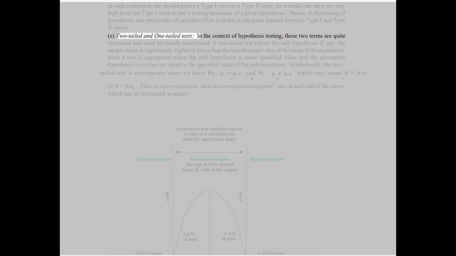E. Two-tailed and one-tailed tests. In the context of hypothesis testing, these two terms are quite important and must be clearly understood. A two-tailed test rejects the null hypothesis if, say, the sample mean is significantly higher or lower than the hypothesized value of the mean of the population. Such a test is appropriate when the null hypothesis is some specified value and the alternative hypothesis is a value not equal to the specified value of the null hypothesis. Symbolically, the two-tailed test is appropriate when we have H0